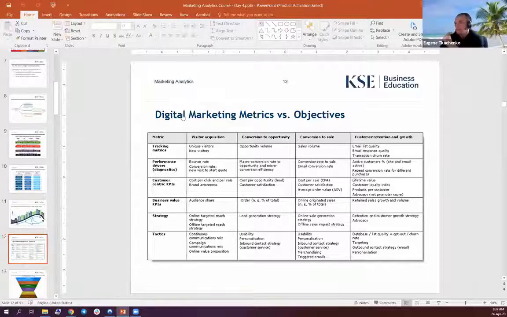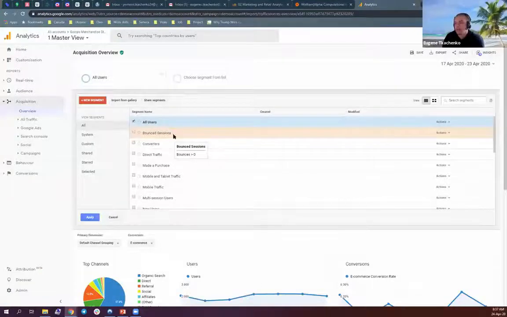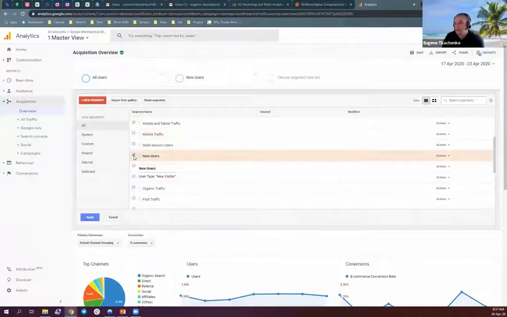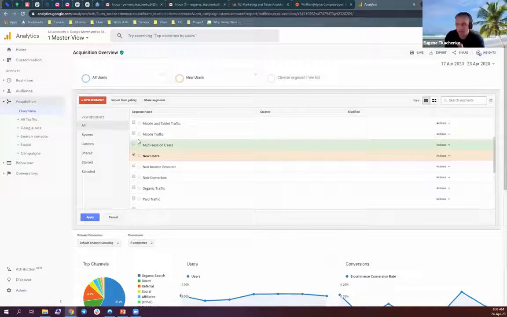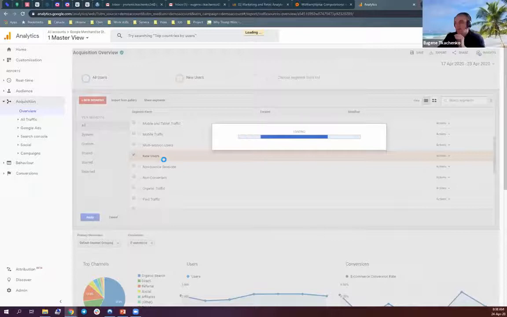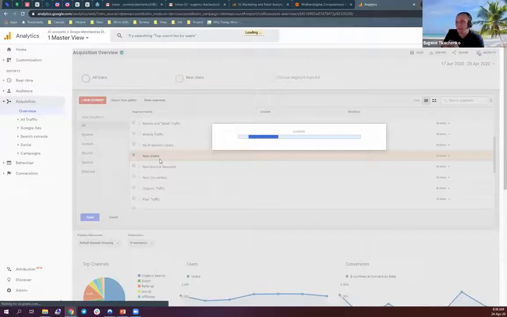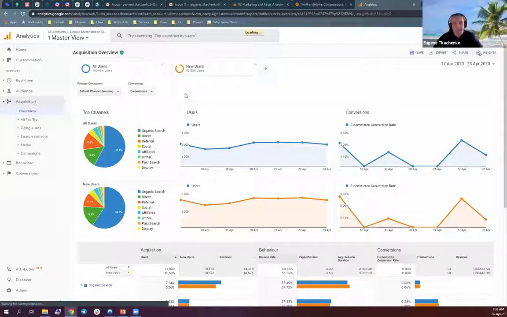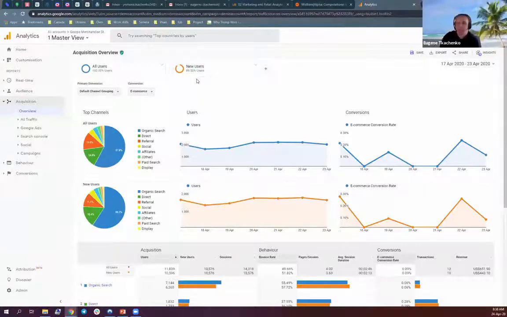We're just adding a segment, and then we can configure how we want to define it. For example, we're interested in new users only, so users who came to our website. Again, guys, this is for demonstration purposes, and this is a demo account on Google Analytics, so numbers may be slightly off, but I'm just giving you the general logic. We want to isolate the performance numbers, or apply a new user segment to see the number of those people. Based on our goals, we may see that 90% of new users is positive for our business. How come?